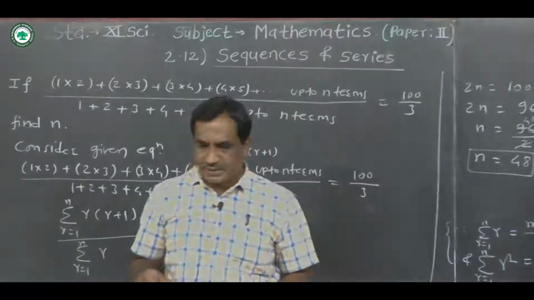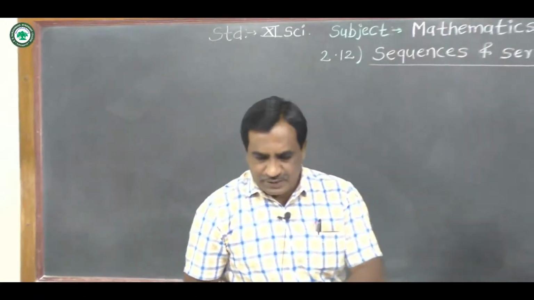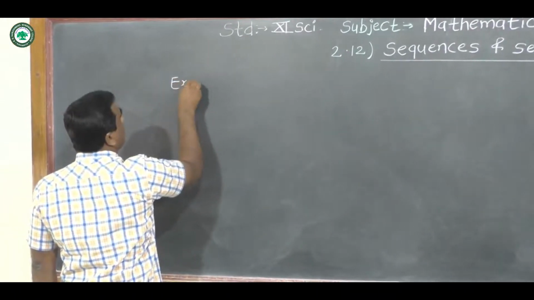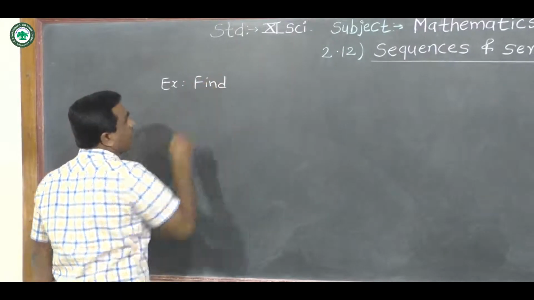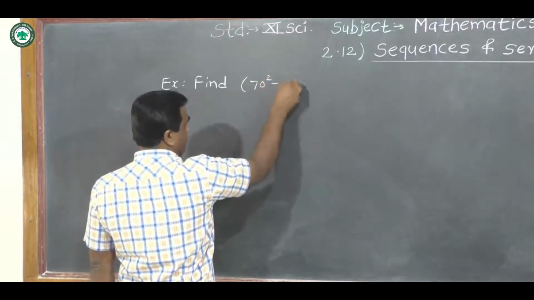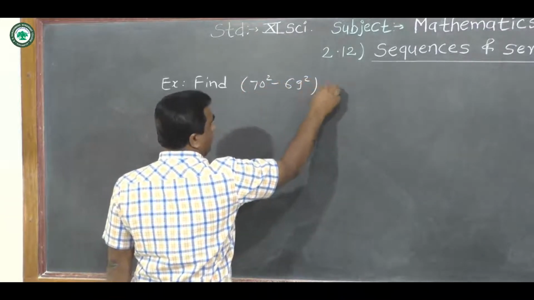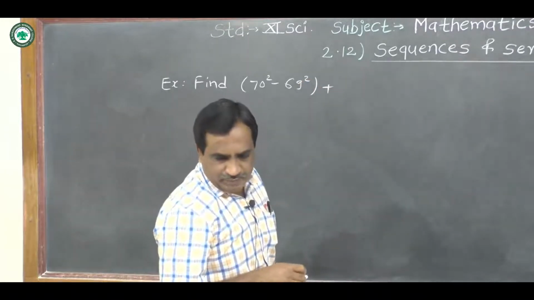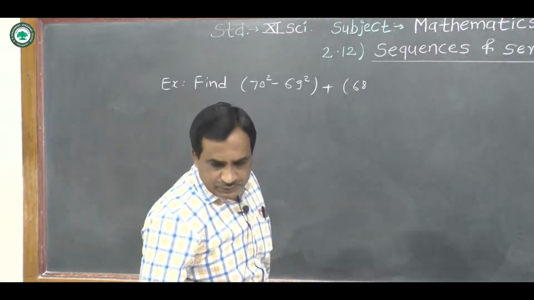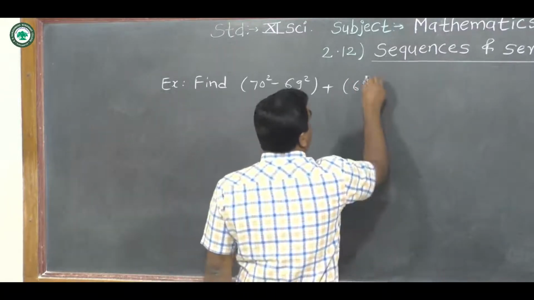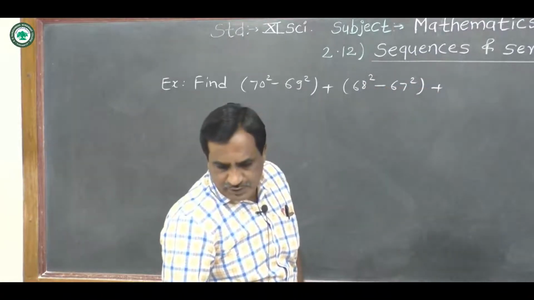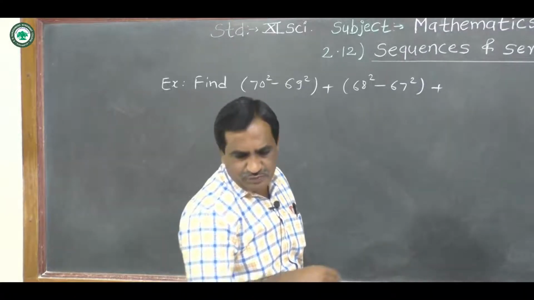Now we see the next example here. Now the next example is: find, in bracket, 70 square minus 69 square, plus, in bracket, 68 square minus 67 square, plus 66 square minus 65 square,